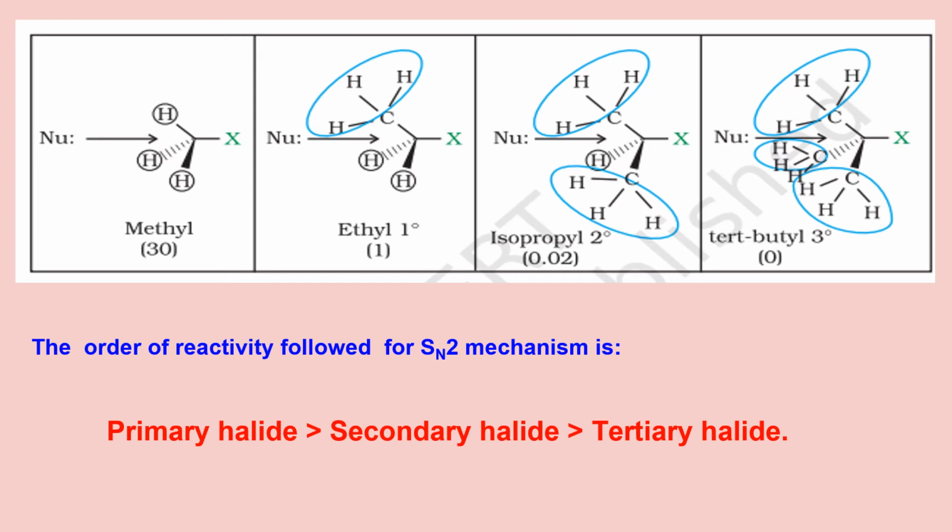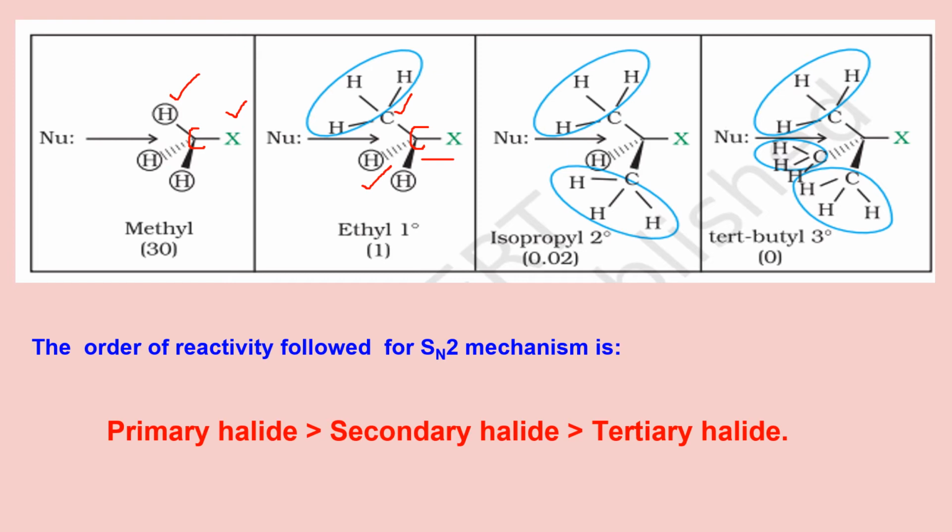If you have primary alkyl halide or haloalkane, this is primary and this is also primary. So here what is happening if I compare methyl with ethyl, and here is the carbon to which the halogen is attached. So that's why it has been shown in the center like this. Here you have this carbon also, but this is not attached to halogen. So we have to concentrate on this bond because this bond is polar, and here the attack of nucleophile will take place on this carbon.